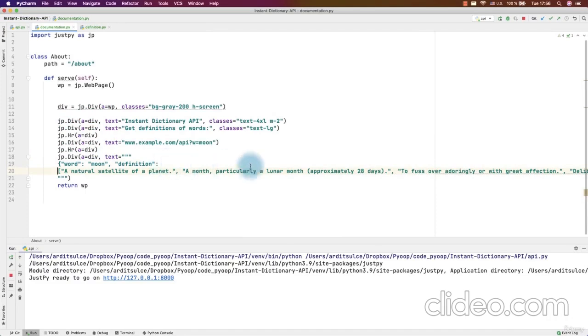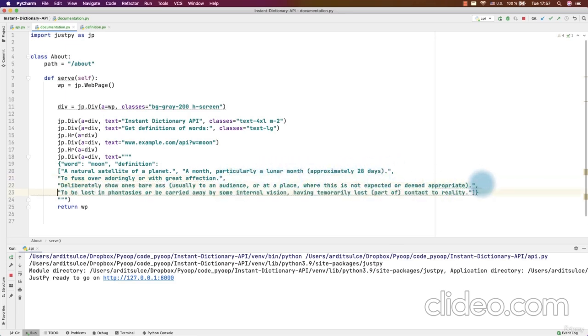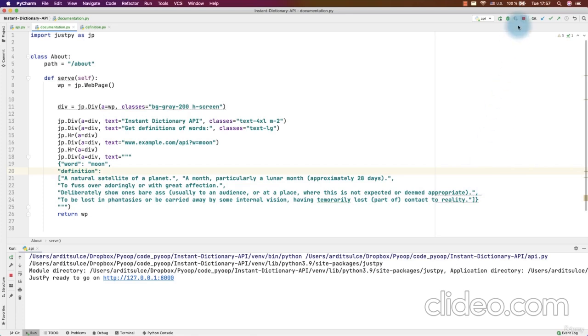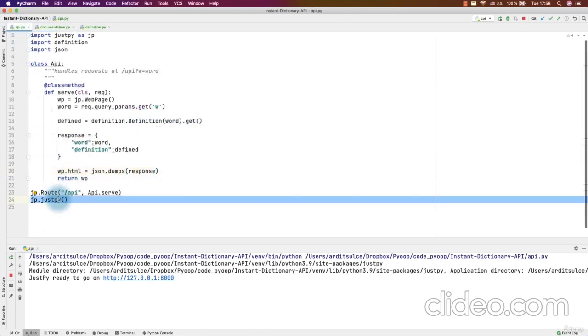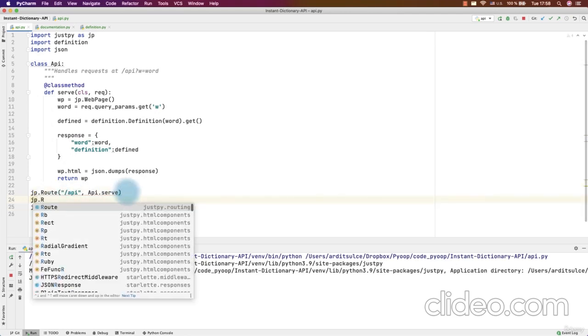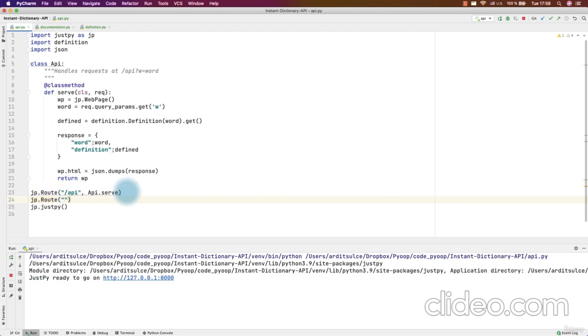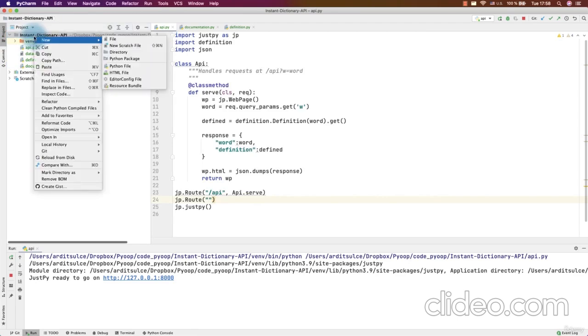So let's try to format it better. Alright, that should do it. And then we want to serve this page. How do we do it? Well, our justPy function is in the api.py page. So we want to add here a root. But even better would be, since we have multiple files now, we want to have a better structure. So in this case, we want a